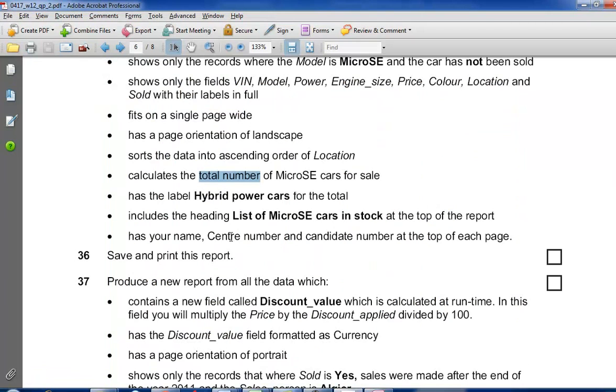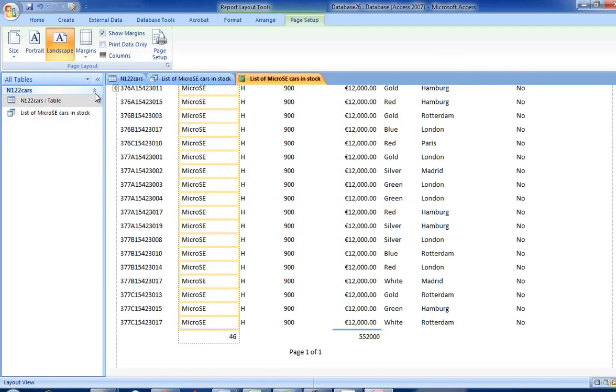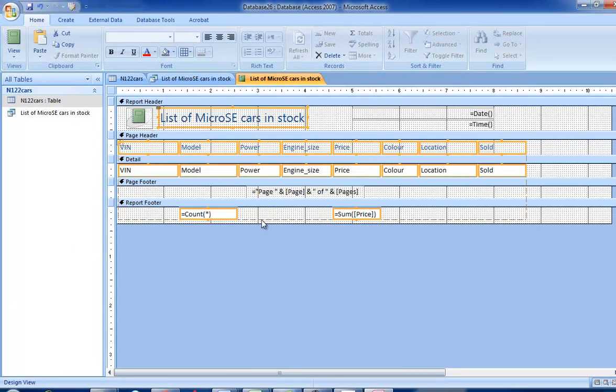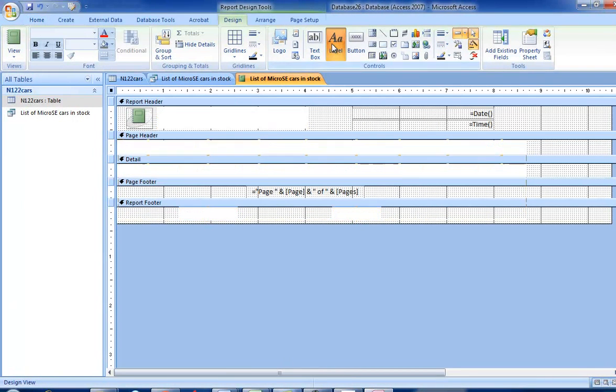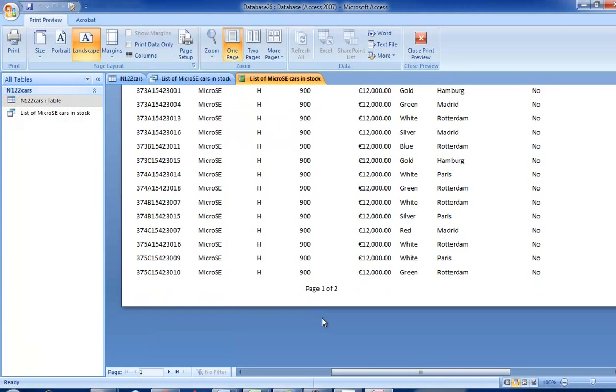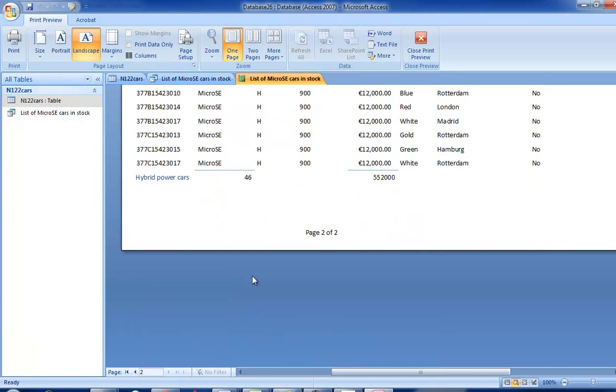Yes, we do. We have to label this for the total. So I'll simply go back, and using a label over here, I can place this text over here. Right,